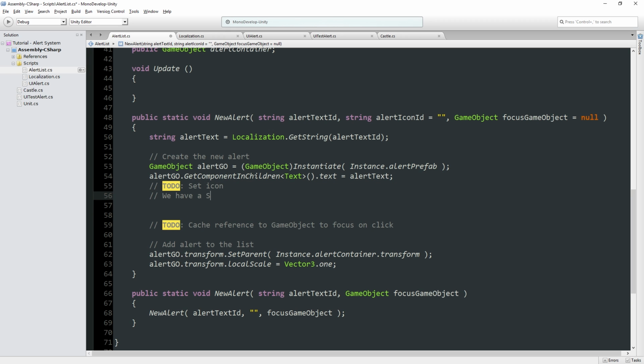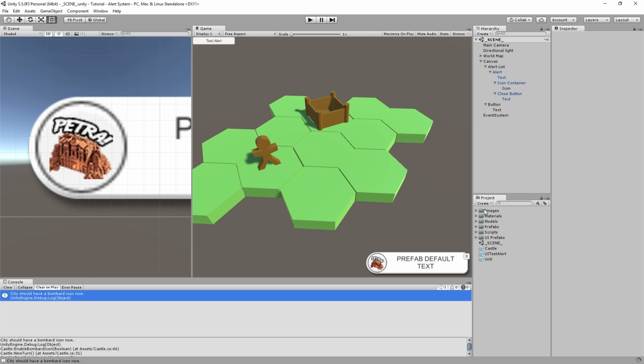We have a string with a name of an icon. How do we get the actual texture? There's a couple ways. We could have pre-set up some sort of dictionary, which has got the key, which is the string, and so on and so forth. There's different ways of doing it. But let's assume that we don't want to have to preset that and arrange a bunch of stuff in the inspector. Instead, we just want to load this image,